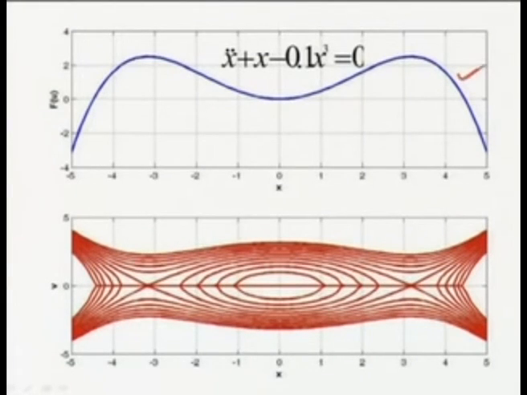So, this is the potential function and the corresponding phase portrait is shown here, corresponding to different values of H. These curves have been plotted. For example, in this case, from this to this point, H is greater than this F, so it will have two values of solution. But corresponding to this point, that is the peak point, it will have a separatrix. Similarly, corresponding to this point, this is a center, and corresponding to the maximum value here, you can have a clear separatrix.